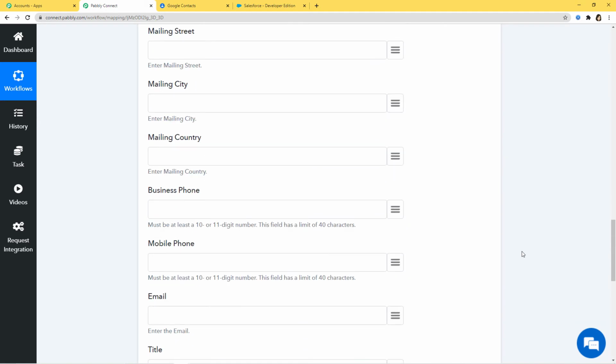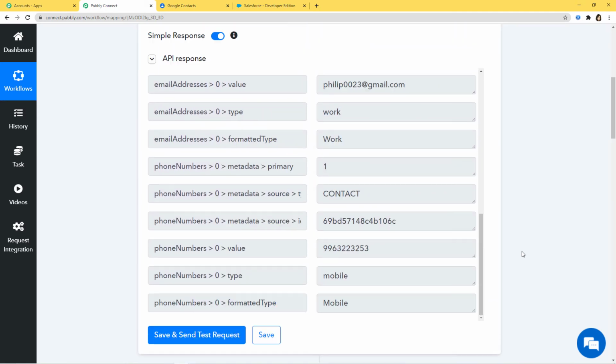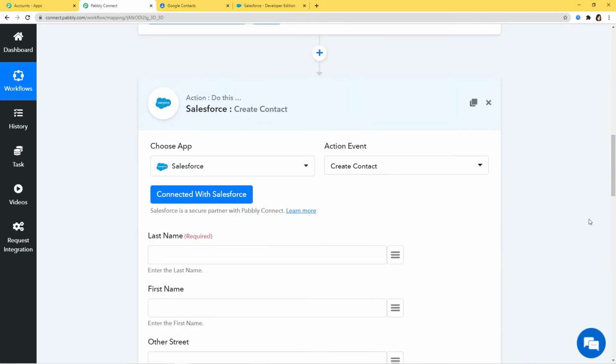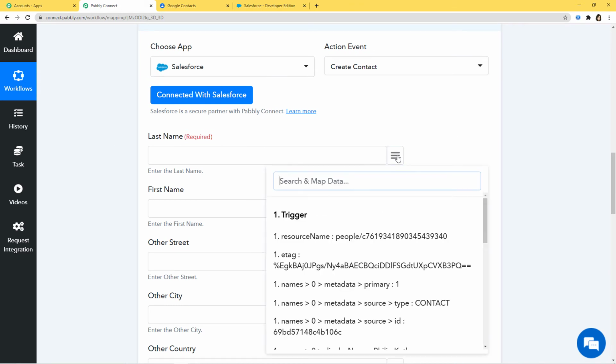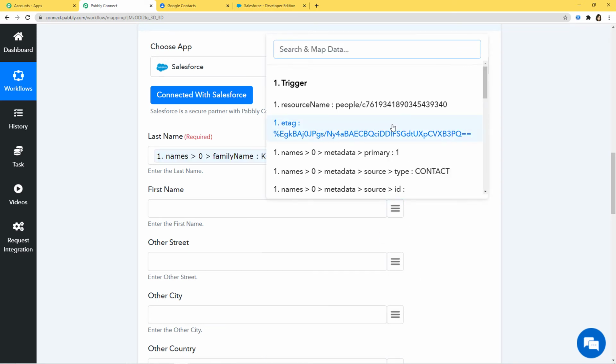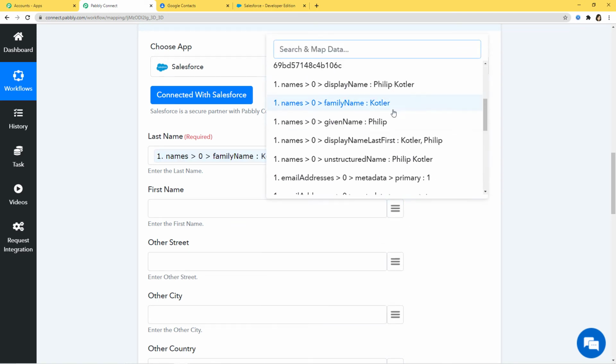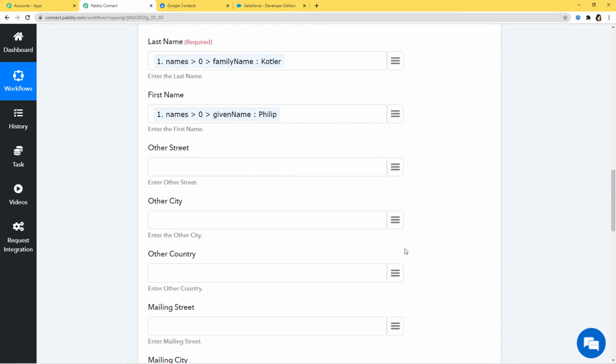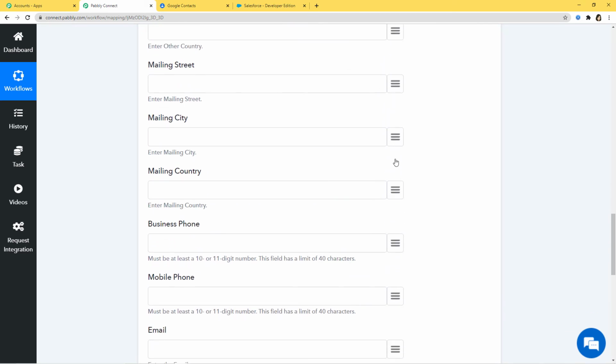So now here we have some empty fields and we have to fill the information according to our API response. So last name, I am just going to map the last name. So we have the Kotler over here. So Kotler, first name is Philip. Other streets, other city, I'll just leave this.